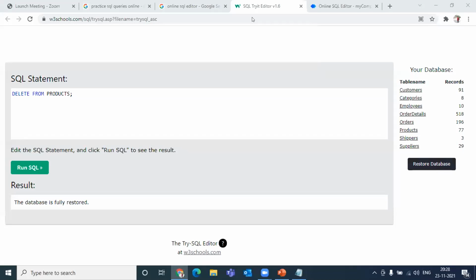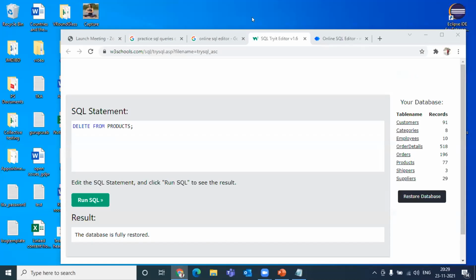Truncate and drop. Difference in SQL. Truncate and drop are different. Drop command is used to remove the entire table definition with the content. Truncate will only delete the rows. It will not throw the data table out. Okay, these are the two differences. What else? Any other questions?